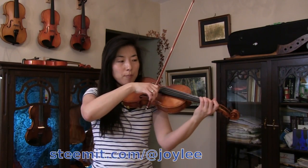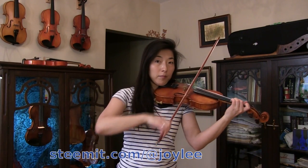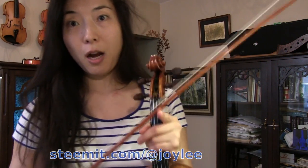So Detache can be long bows or short bows. It could be slow or fast. That would be both defined as a Detache. So now, using this Kreutzer study number 2, I'm going to show you how one could improve fast Detache using upper half bow. Now, whenever it comes to fast notes, and in this case it's 16th notes,